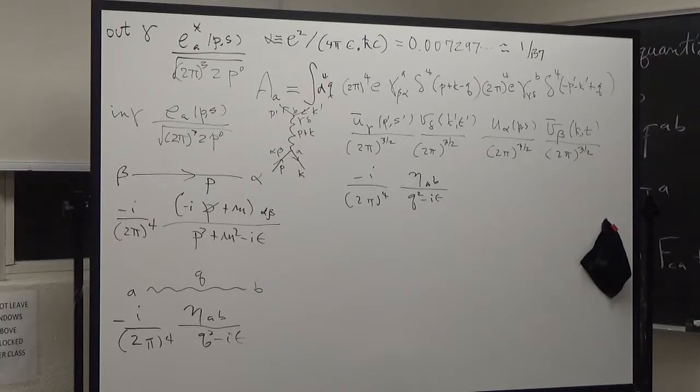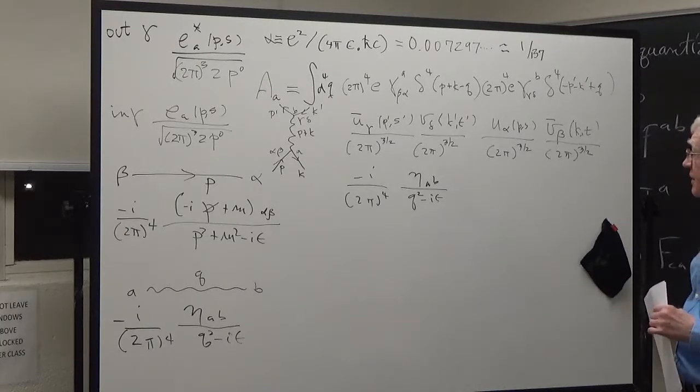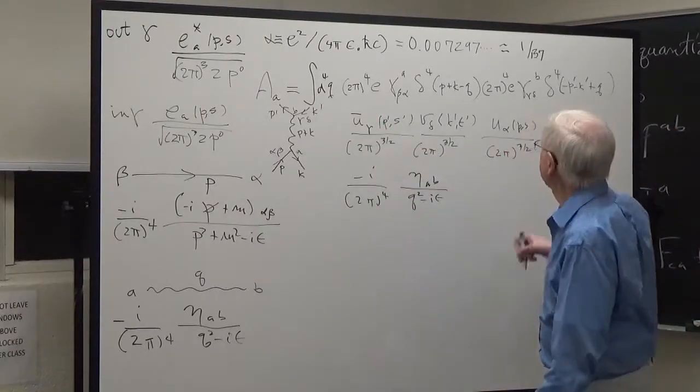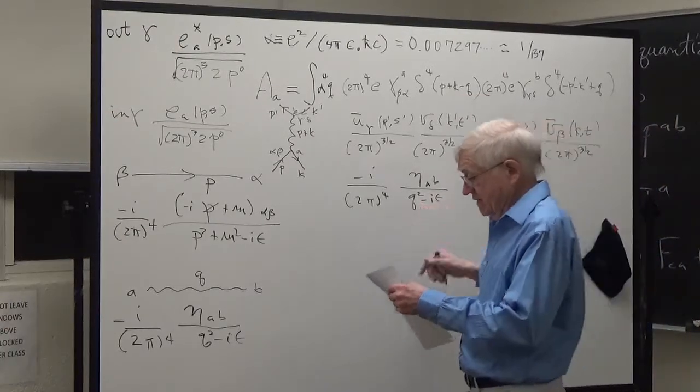So that's how easy Feynman's rules are, and that is the amplitude right there, and you don't need to futz with it anymore. You do the q integration, you use this delta function that says that q is p plus k,